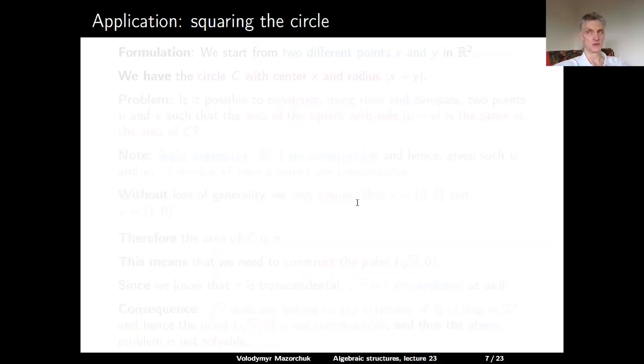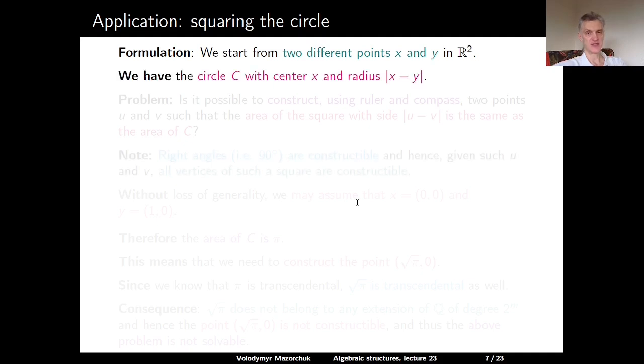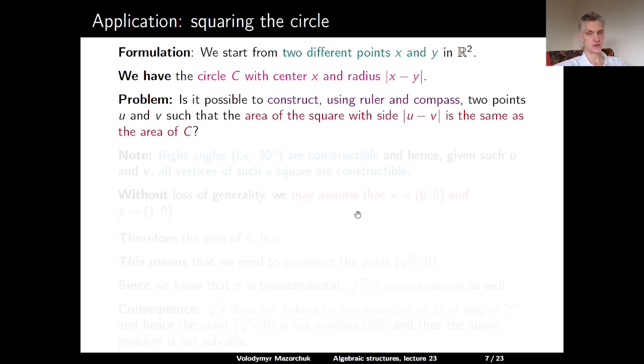Great, now let us go to particular classical questions about constructions using ruler and compass. So, the first application is the problem of squaring the circle. Formulation: we start from two different points x and y in R squared, and we have the circle C with the center x and radius the distance between x and y. Problem: is it possible to construct, using ruler and compass, two points u and v such that the area of the square with the side the distance between u and v is the same as the area of the circle